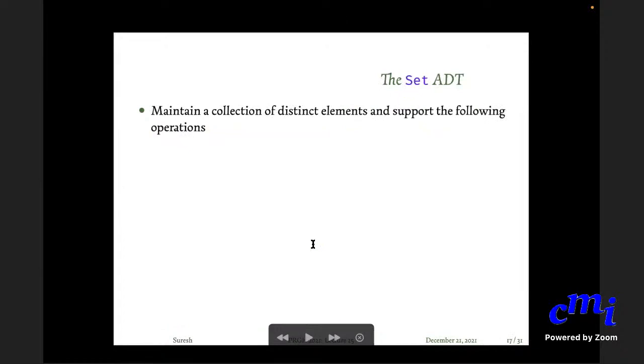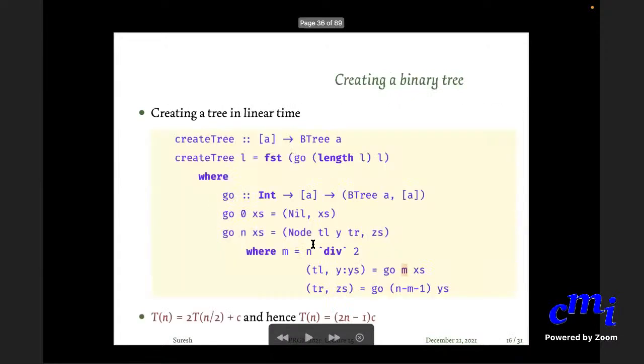So the binary search tree part, I'll do it in the next class and we'll finish the course with that. Unfortunately, I cannot do anything more advanced than this, but I suppose this is okay. You will anyway learn all this in your algorithms course. So best not to poach too much into the algorithms territory. At least binary search tree you need to know, which we'll do in the next class.